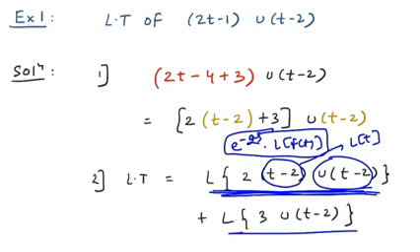And also you can do it for function 2 as well, where t minus 2 is present, so fix that bracket, so it would be e raised to minus 2s, right? And then the Laplace of the function. The function here is actually a constant. So Laplace of a constant is what? Laplace of a constant is 1 over s. So straight away you can get the answer for function 2. Now club everything and you will get the final answer.